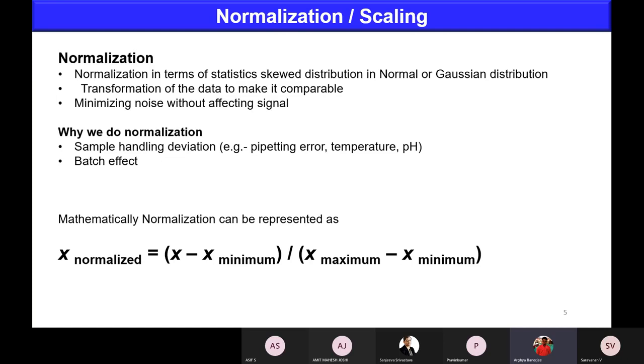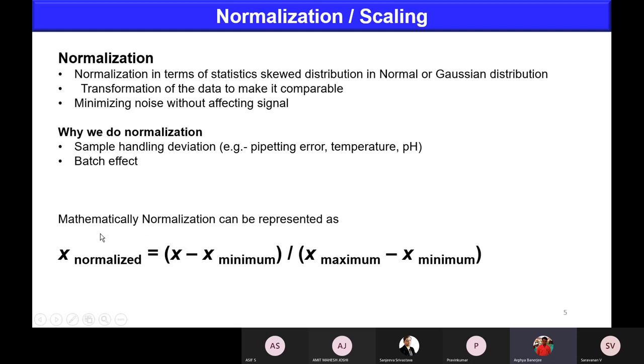Second is the batch effect. Suppose you are doing an experiment in the month of December, and then in 2021 you are doing it in the month of February or March. Will you get the same result? Theoretically yes, but practically it might differ. So this kind of effect is called the batch effect. Whether you are reproducing that experiment in 6 months, yearly or after 5 years, how much change can be introduced, what changes can be induced, and whether they are comparable. So you can do a normalization on the batch effect also.